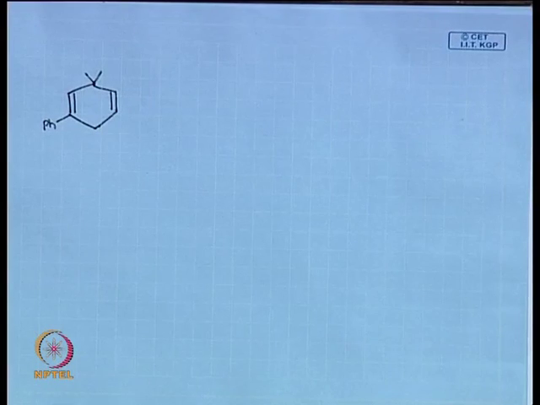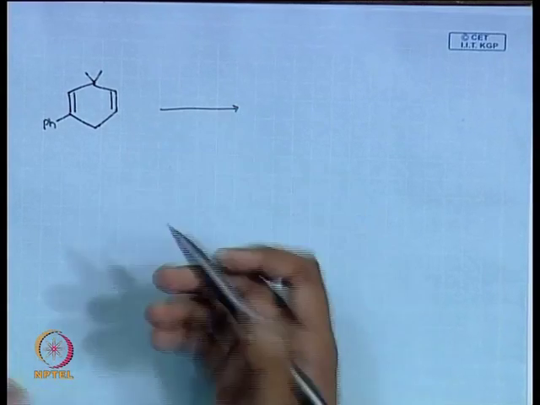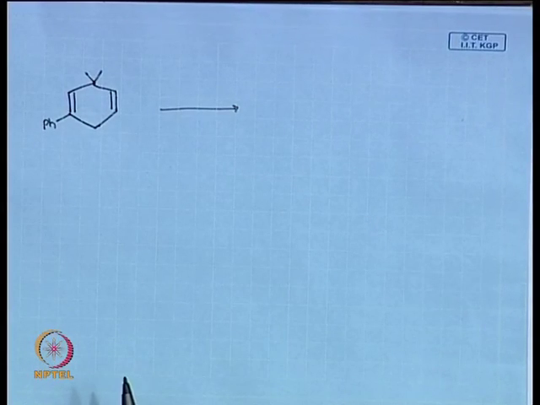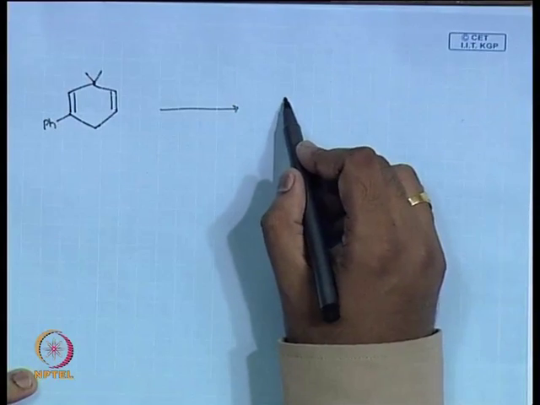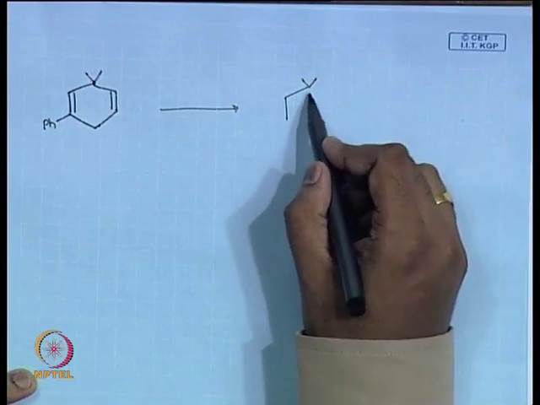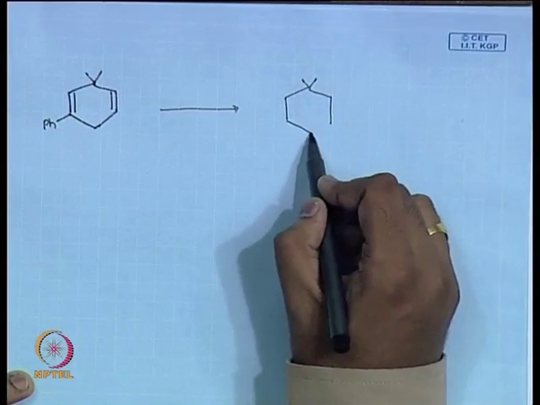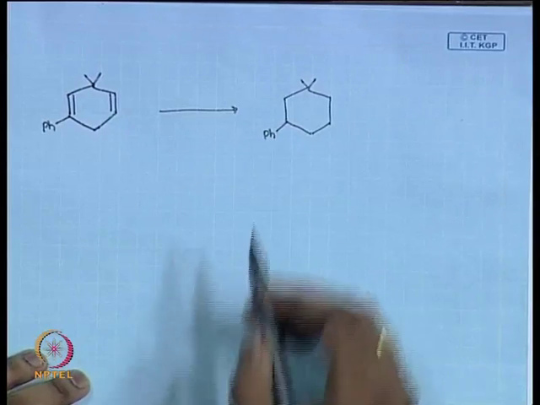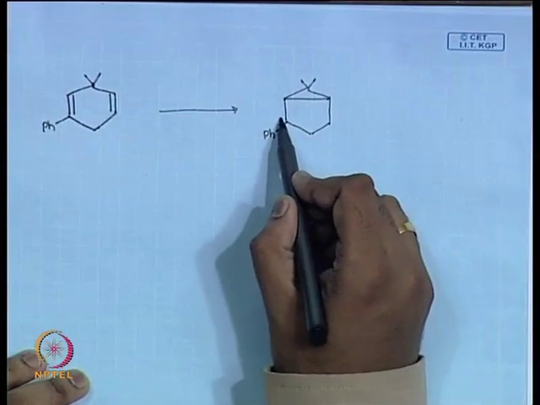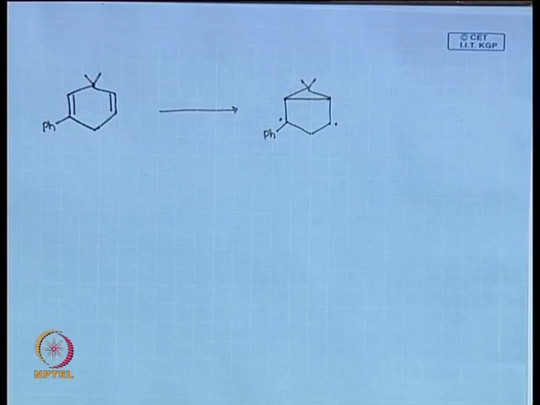This looks more like a simple system. So can you write the product directly? What should your product be? Can you write the product? Okay. Now I am saying, once you have seen this type of rearrangement, you can directly write it. Okay, fine. Otherwise, yes, you get this, right? One for the diradical. So